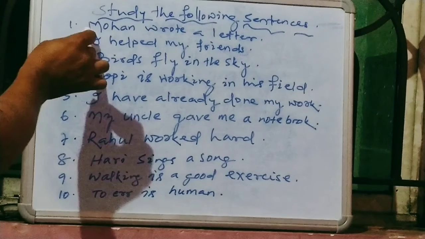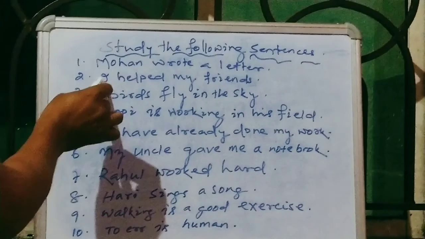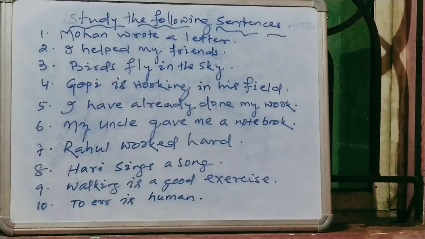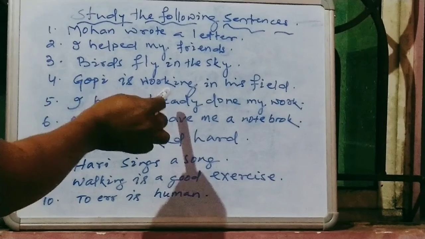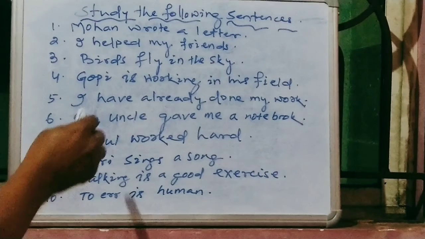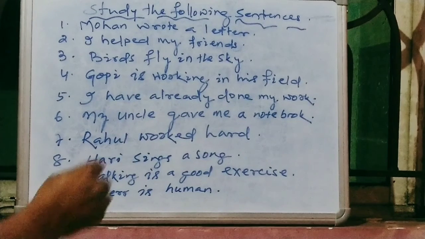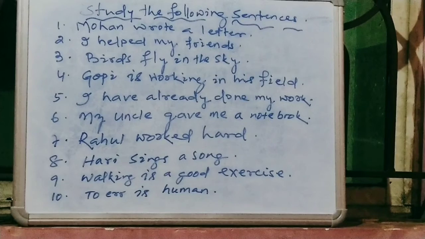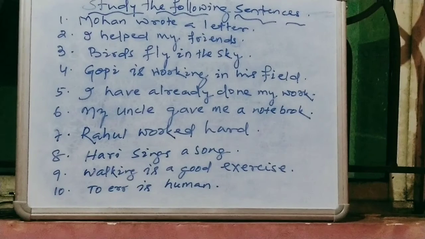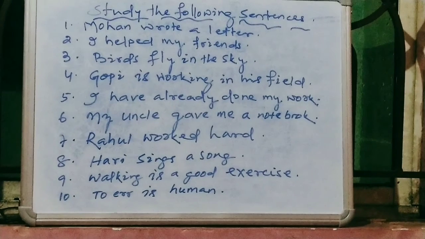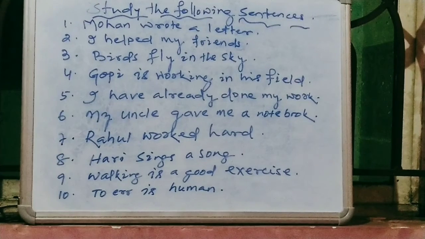First you see, Mohan wrote a letter, and next to it, I heard my friends, birds fly in the sky, Gopi is working in his field, I have already done my work, my uncle gave me a notebook, Rahul worked hard, Hari sings a song, walking is a good exercise, to err is human. You see, I have 10 sentences right now,